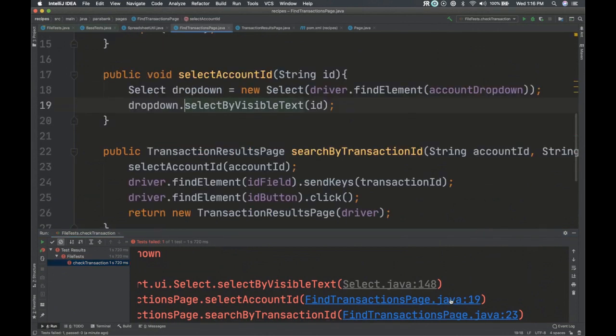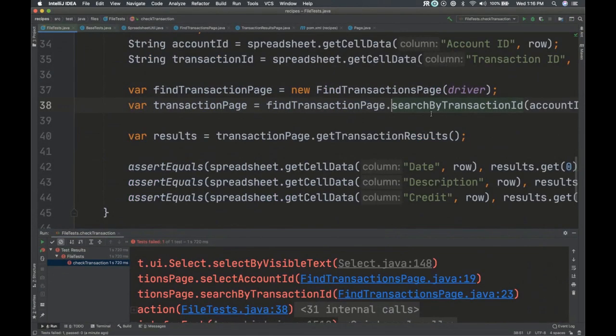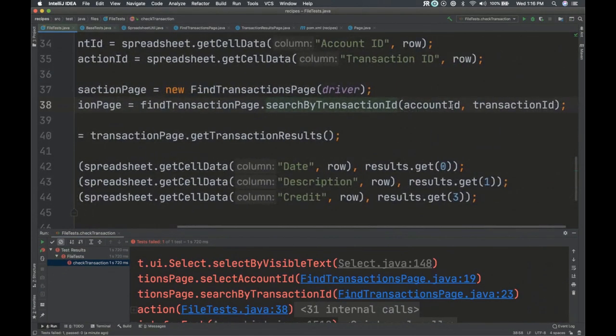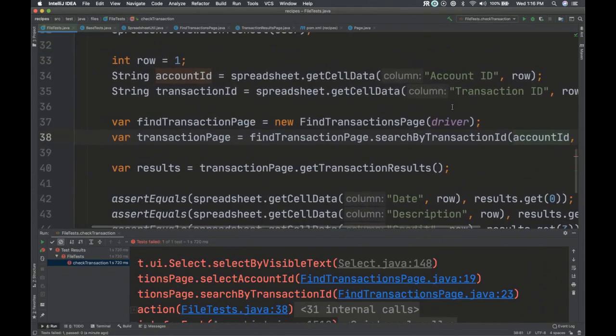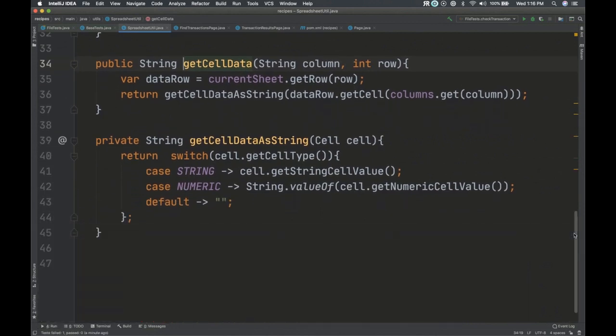All right, so it says select the visible text with the ID. Where did this ID come from? We said give this account ID, which we got from this get cell data, which it got from here. So it must have gone in numeric.